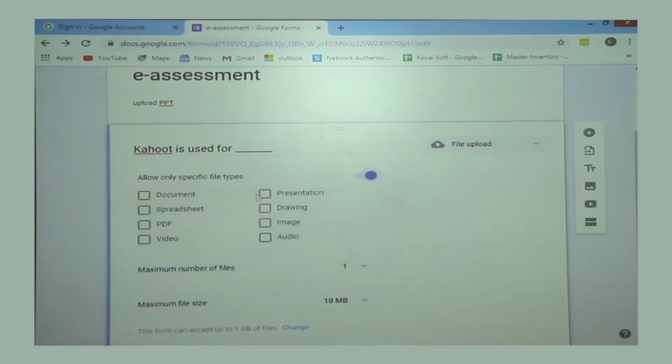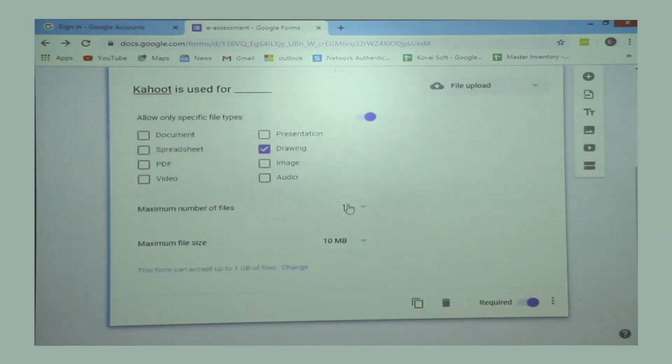We can click whatever we want. Then the maximum number of files, whether one file or more than one file, and the maximum file size. Actually, it is giving 10 GB of file size, and after that you can save it.